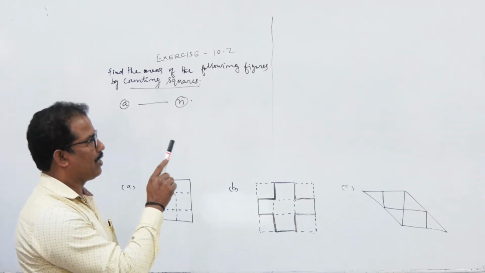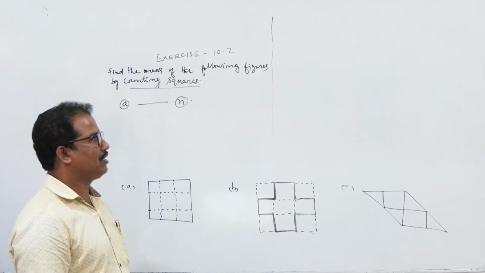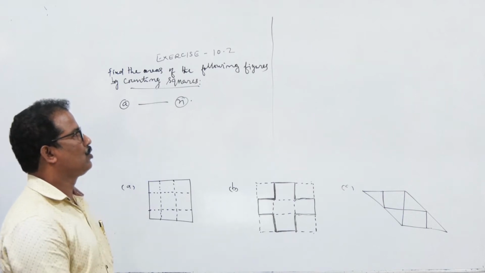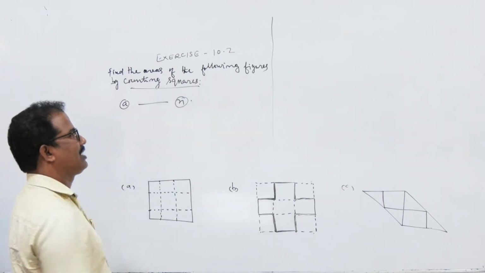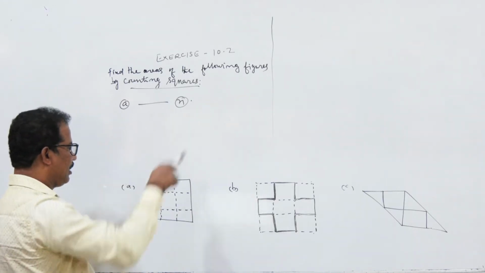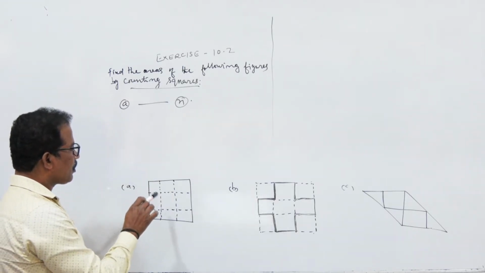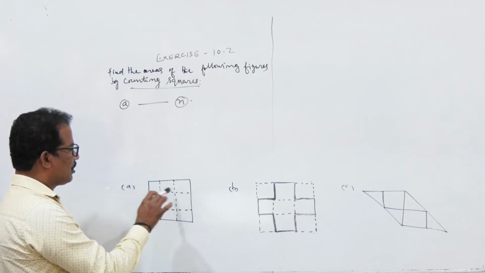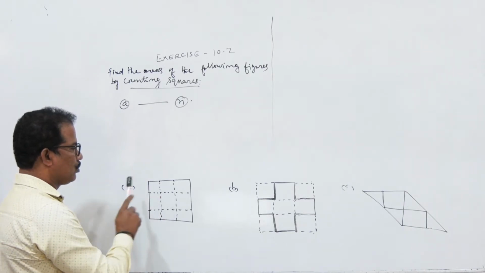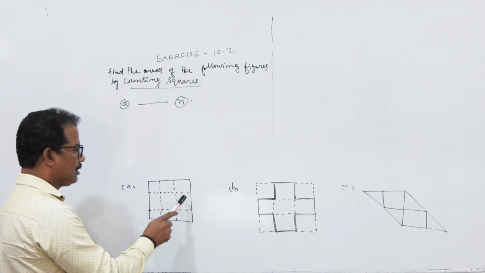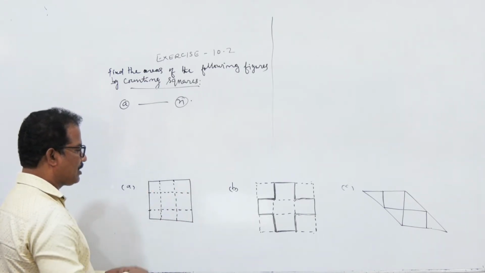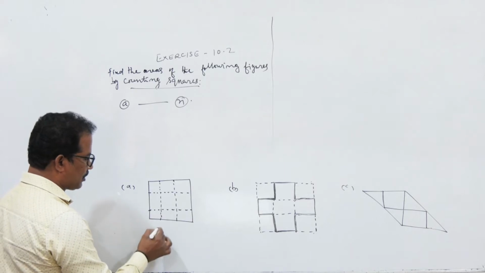the square graph sheet. On that graph sheet, the figures, that means the drawings, are already there. You need to find the area by counting the squares. How is it done? See the first one, A. I have drawn the first figure A here. In this, you see the dotted boxes, each counted as 1 square. It is 1 square, 2, 3, 4, 5, 6, 7, 8, 9. So how many squares does this figure contain? There are a total of 9 squares.